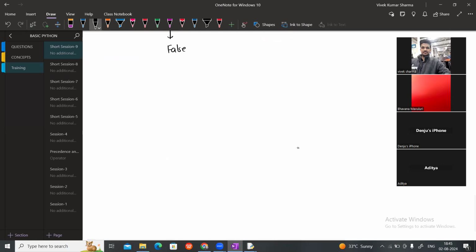So we can apply logical operators in Boolean condition as well as non-Boolean condition. That means we can use logical operators with other data types also. Just like we have seen, we have used list, we have used int, we have used strings. So we have used different data types in logical operators. Now our next topic is